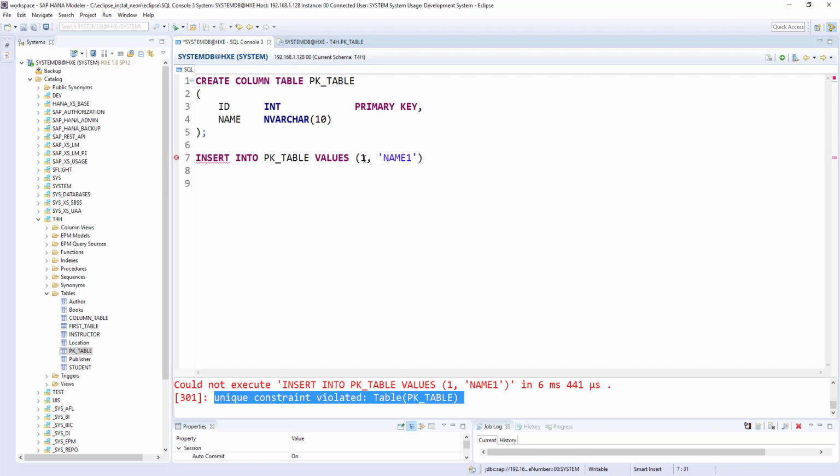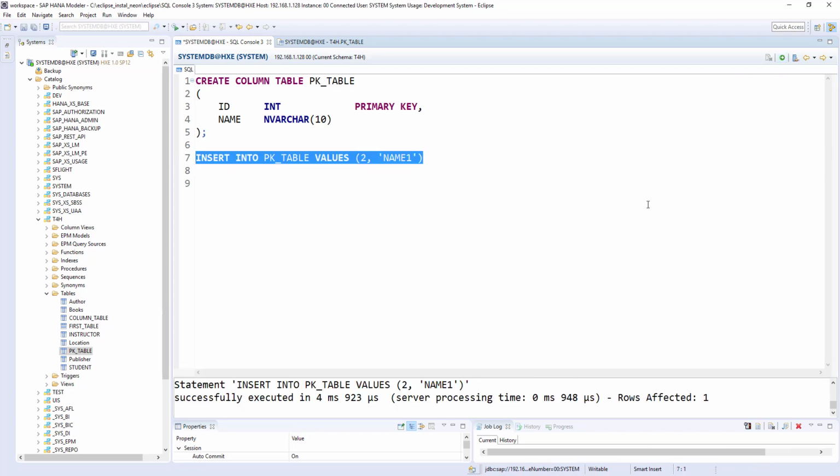So if I put 2 and keep the second field as name 1, no change, and run this command, it's executed. Like that, you can increase or change the numbers, but it should not be a duplicate when you are inserting data into a primary key table. Okay, 3 records inserted.